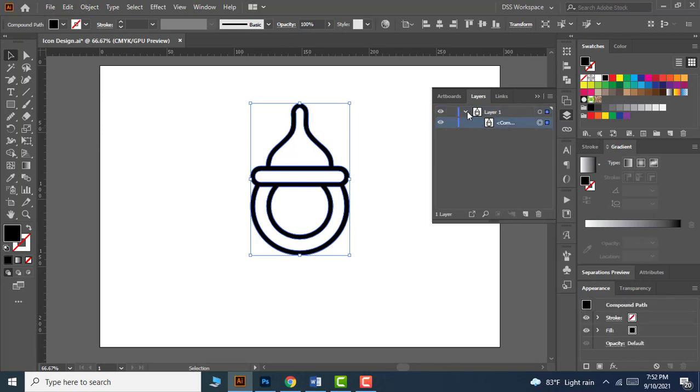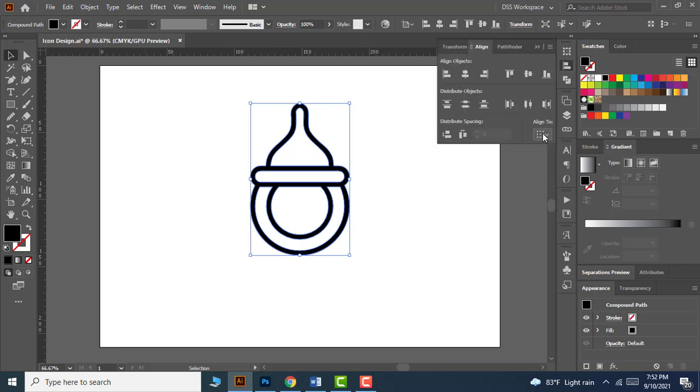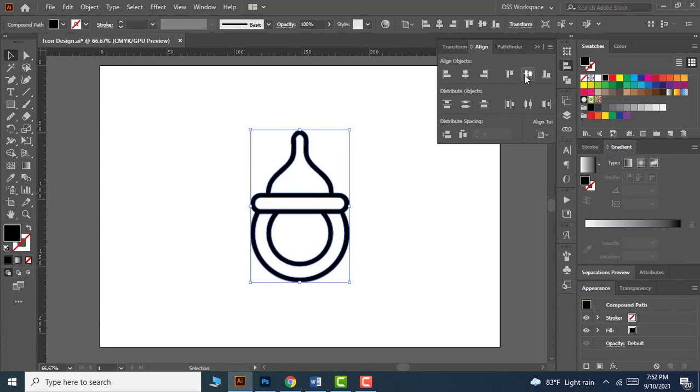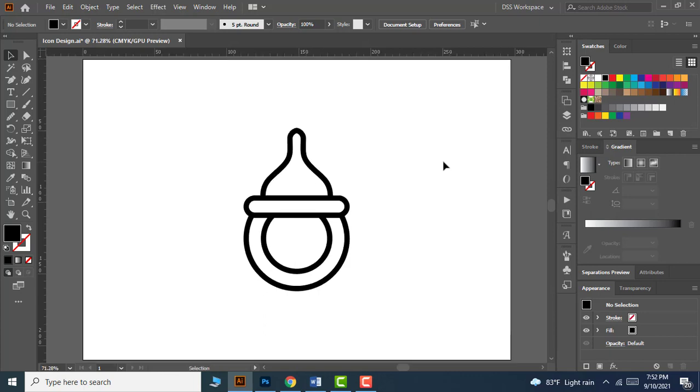Okay, so what is the benefit of reducing the number of layers? Let's say you have done a complex design with a lot of layers. It may increase your file size and may slow down your PC when you are trying to edit the design. In that case, if you reduce the number of layers when necessary, it allows you to reduce the file size and smooth the